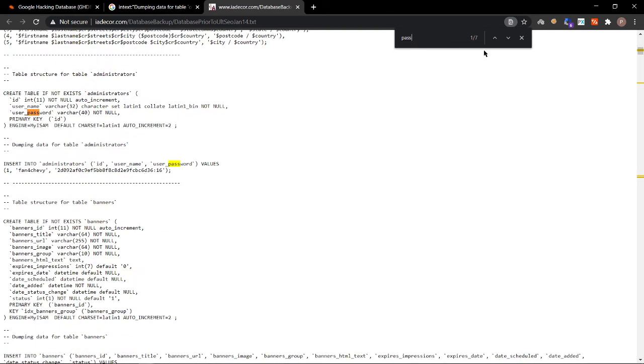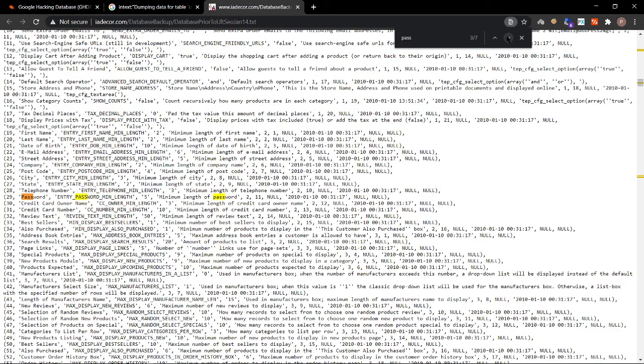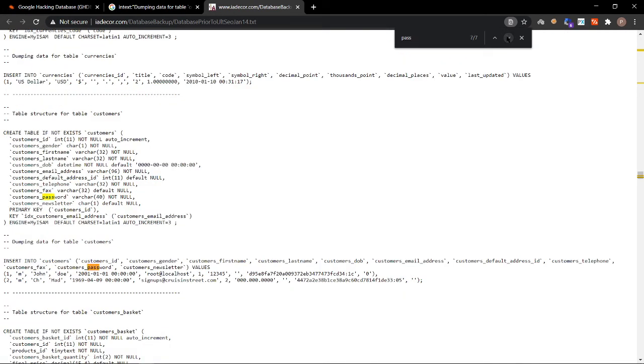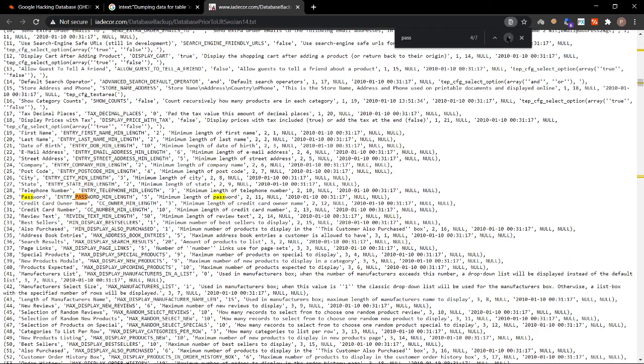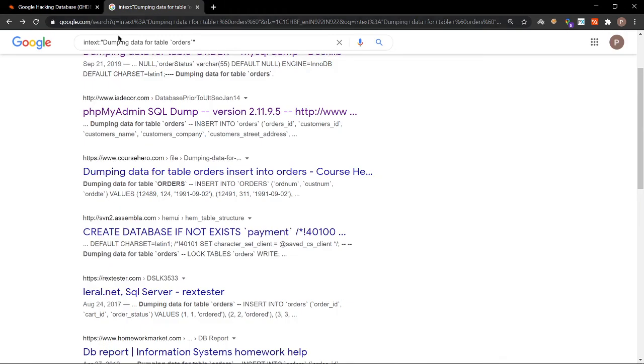Username and password, okay. Let me go down, go down. This is a configuration file. With the help of this configuration file, you can find out what the backend of the program is based on and how it is running. So regarding that, you can exploit the contents if you need to.